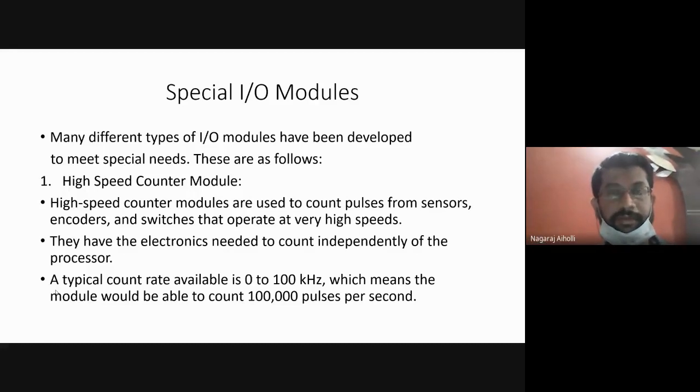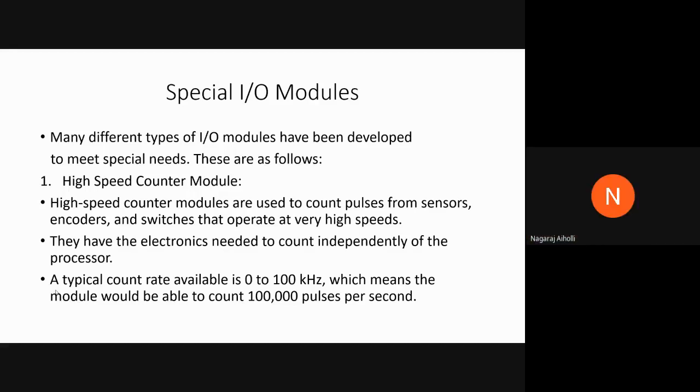This is a particular setup called an optical encoder, a special type of application in which light is emitted and made to fall on a circular disc. This circular disc has many slots or openings. When the light falls only on that particular slot or opening of the disc, it passes to the other end.